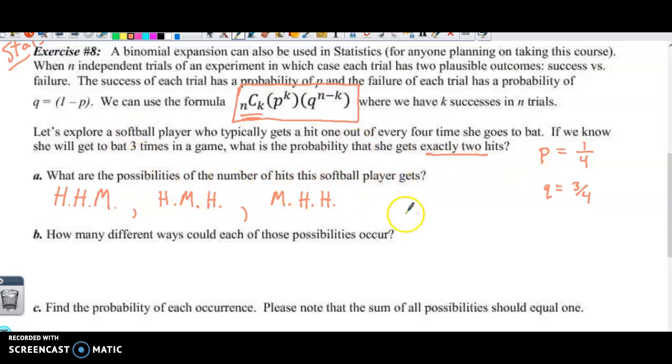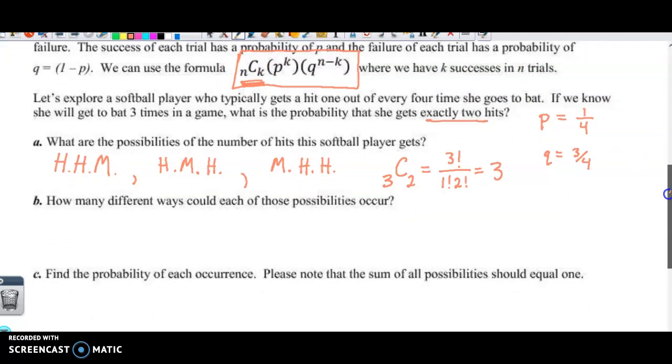So where does that come from? Like, how do we figure that out? Well, it's from 3 chances she gets to get exactly 2 hits. And if you go through the process of a combination, 3 factorial over 1 factorial, 2 factorial, you'll get exactly 3. So there's 3, that's what this nCk is for. There's 3 ways that can happen. How many different ways could each of these possibilities occur? So now we figured out there are 3 possibilities. And that comes from